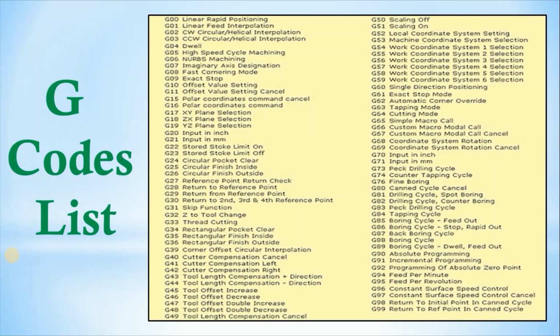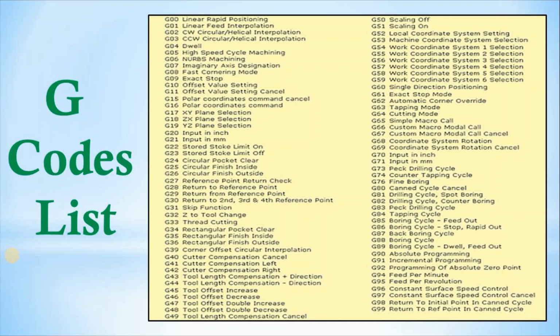Then G33 is used for thread cutting. Then G61 is exact stop mode. Then G94 is feed per minute, and G99 is return to reference position in canned cycle. So each G code with a number has its specific function.